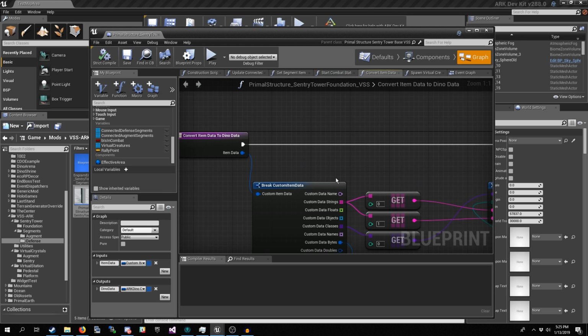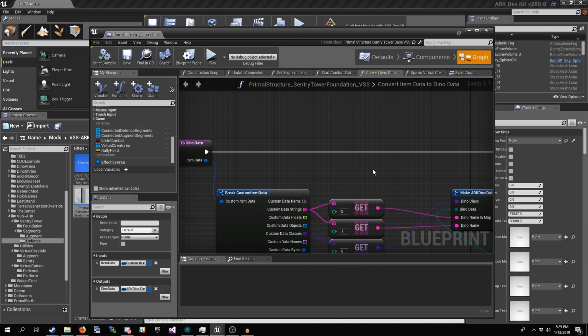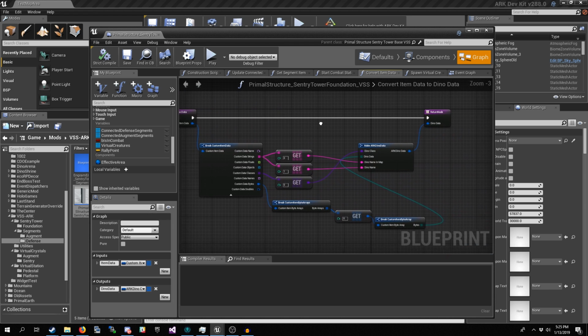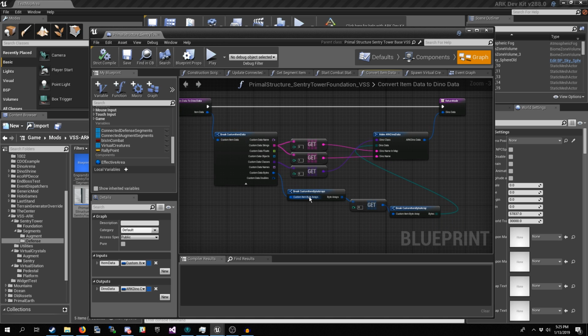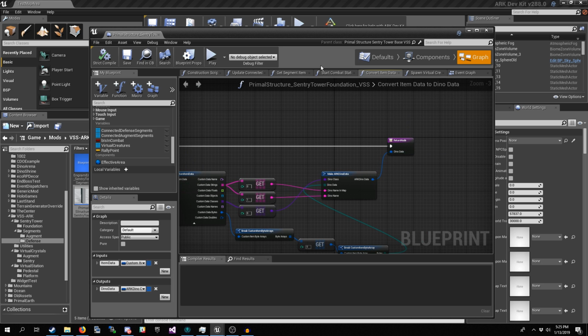Okay, so we're kind of following that same methodology from the virtualization station platform in that I have broken down this process into step by step. Okay, so now we've got the item data. Let's go ahead and convert it back to Dino data, and that's really easy. Basically, we're just reversing the process from when we made it. As you can see, I'm getting index 0 of this item data bytes array, and then getting the array of bytes from it. And we're basically recreating our Dino data from it and returning it.